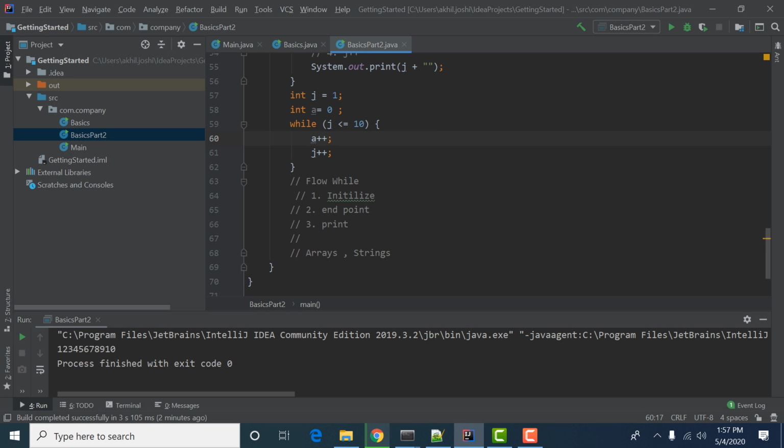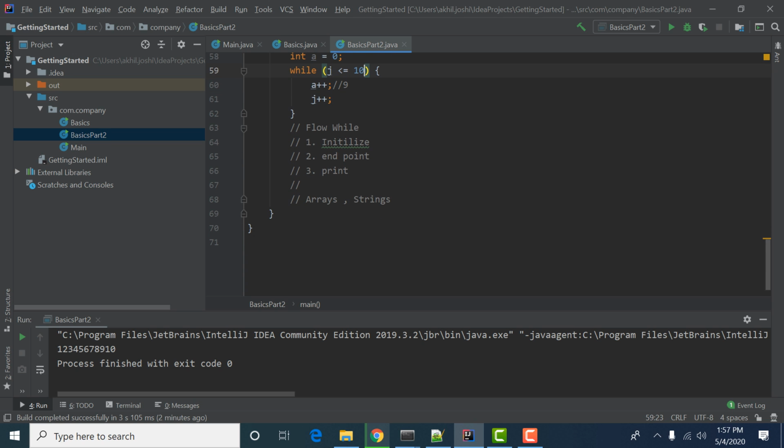Like a will become 9, because we are starting from zero and we have to work until 10. Okay, so the fourth step is increment.